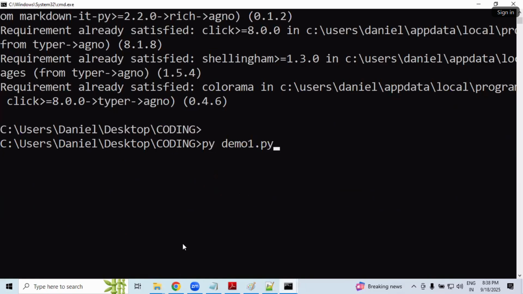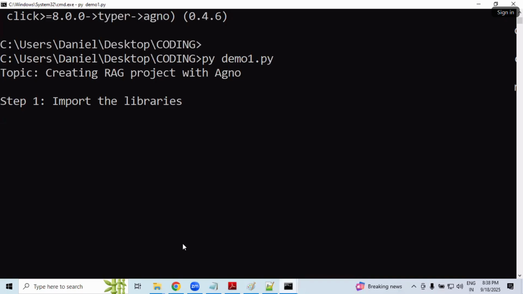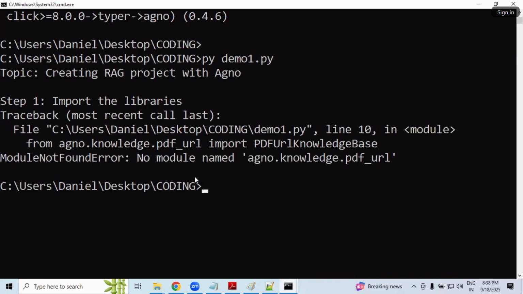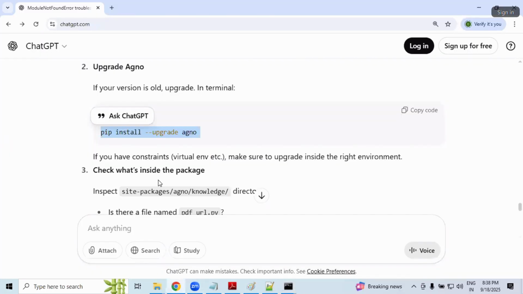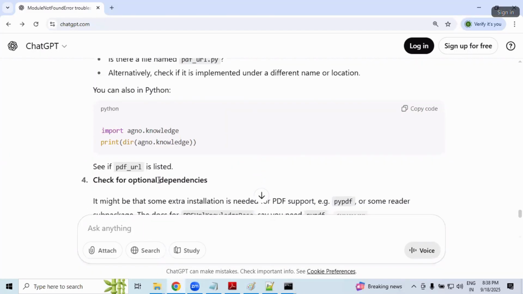Can I rerun the code again? No. Then let us just try to debug and let me fix, and I may continue tomorrow.